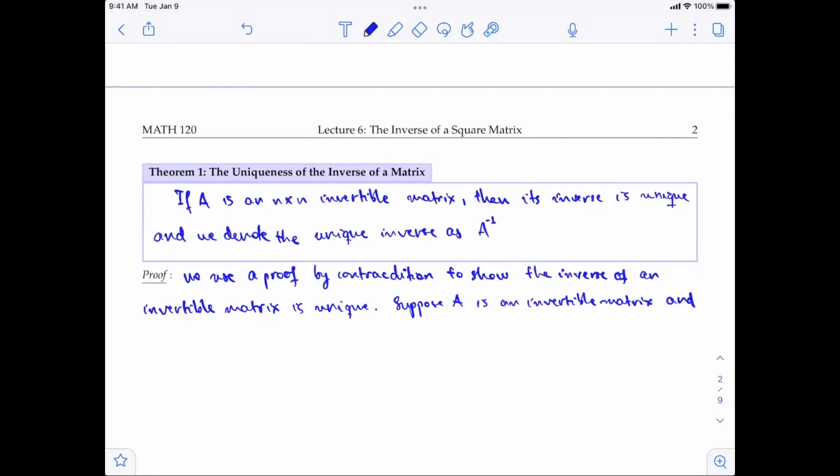And it has two inverses, namely A1 and A2, right? So in this case, we make the assumptions that A is an invertible matrix and there are two inverses. The first one, A1, and the second inverse is A2. Then by definitions,